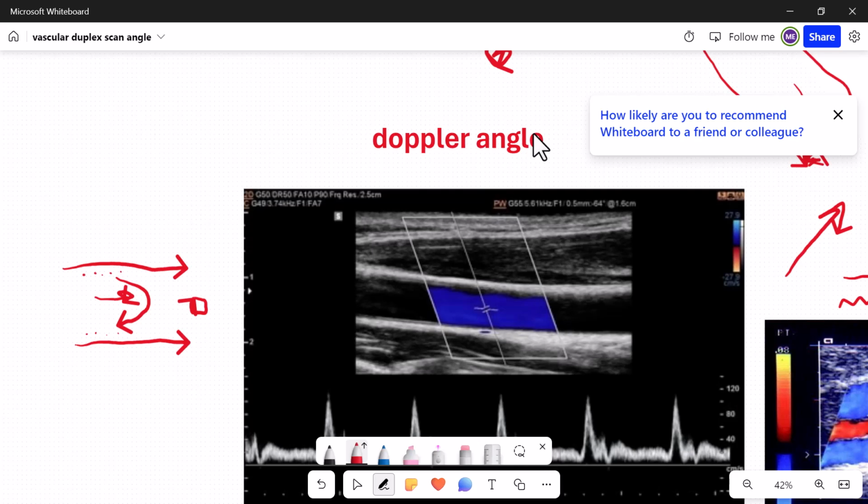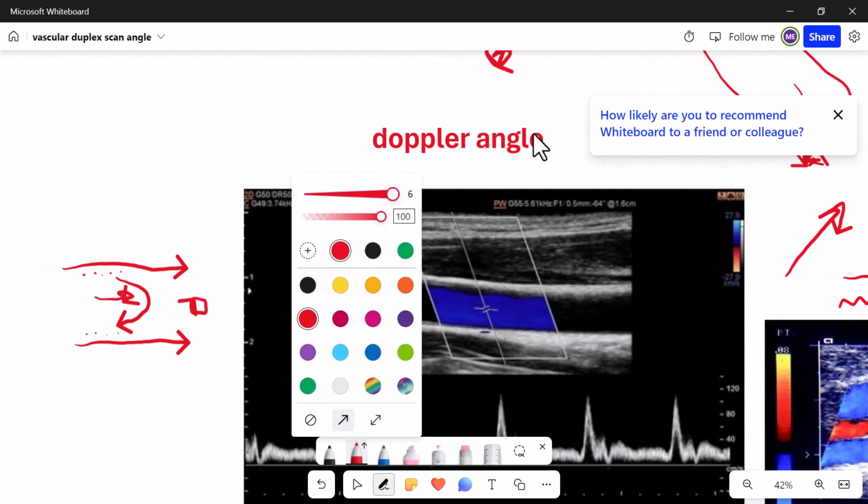Now you have two lines. One line is the transducer emission of the beam. This is that line. And there is another line here, which you see, this one. This is the line which is parallel to the blood vessel. So if you have in this scenario,